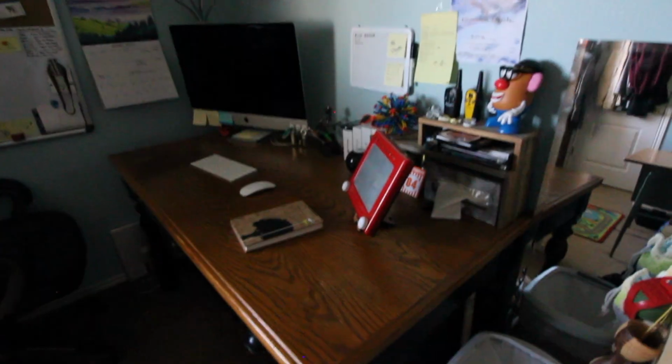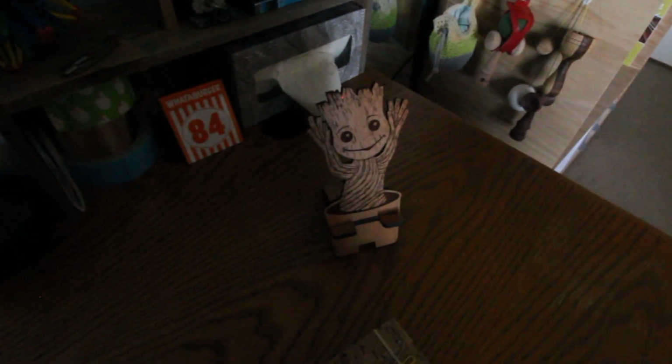And then I wave. This was my desk. Under it had a safe and a basket full of clothes. This is basically my junk drawer, and then this other drawer pulls down, and this is a bunch of office supplies. This is the idea journal that I still use today, and an Etch-a-Sketch, and then this little Groot guy